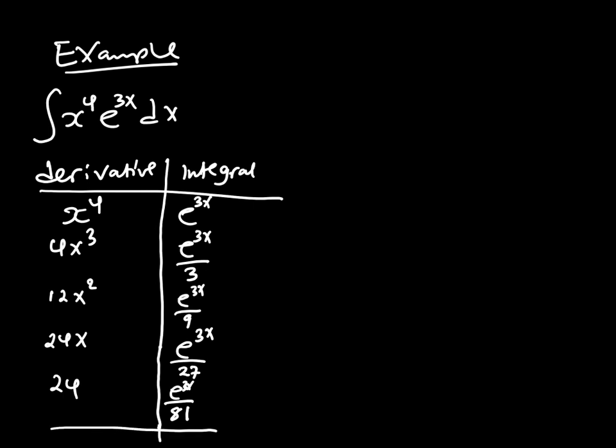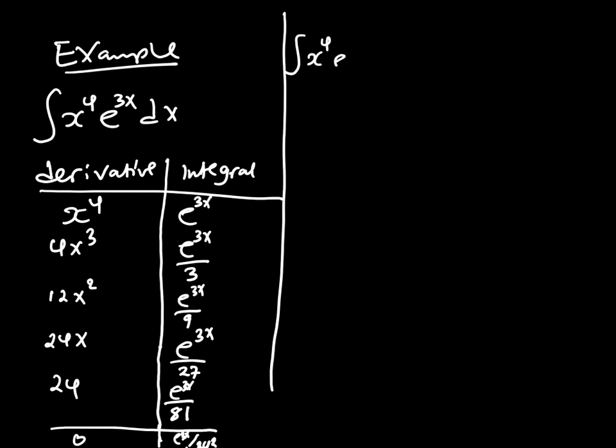Then lastly 0, and this is e to power 3x all over multiplied by 3, which is 243. Okay, so the space was so small, but I think you'll be able to see